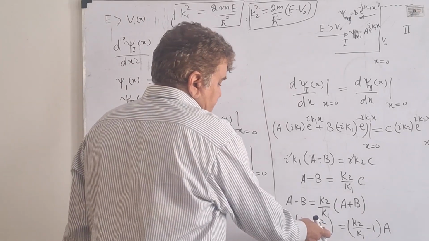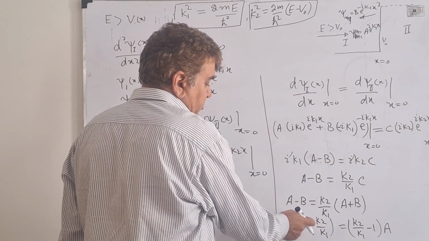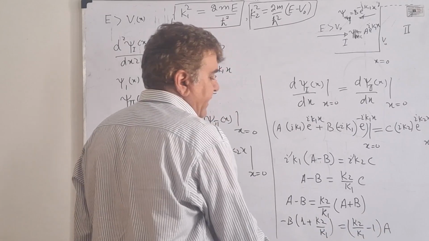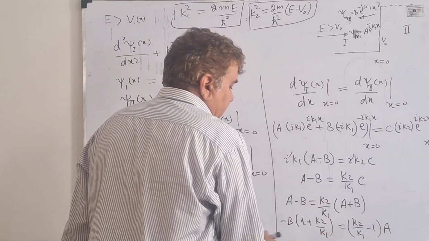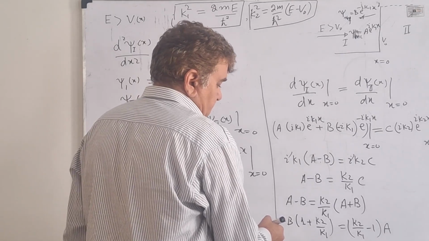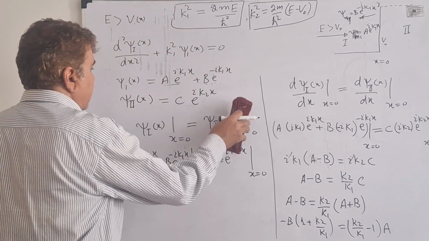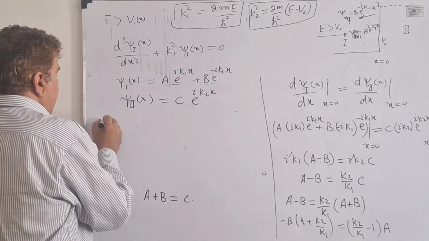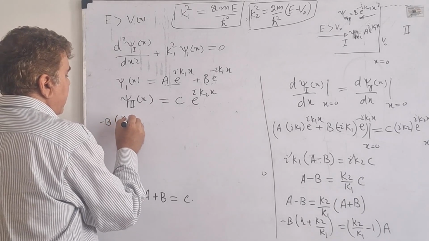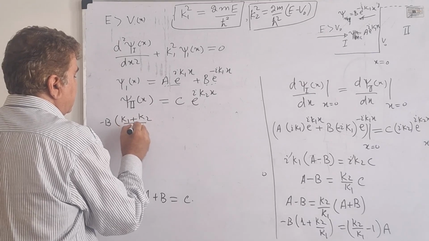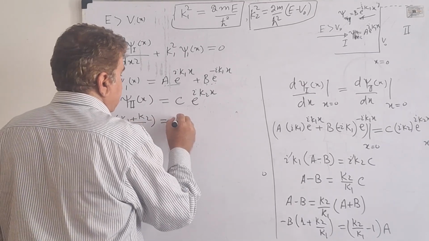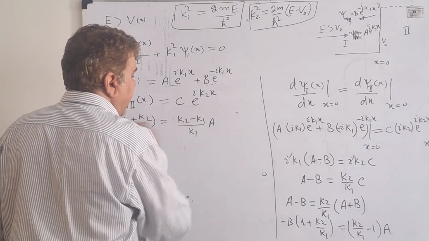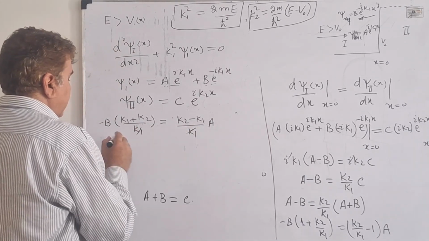Or I take the LCM, it will be k1 plus k2 divided by k1, and here k2 minus k1 divided by k1, so I can cancel k1 from the denominator. Let me rub this out, and I write minus b into k1 plus k2 divided by k1 equals k2 minus k1 divided by k1 times a. I cancel this out, and I can write,